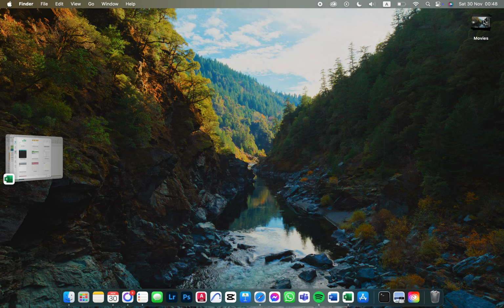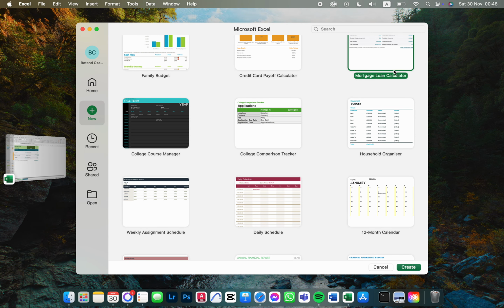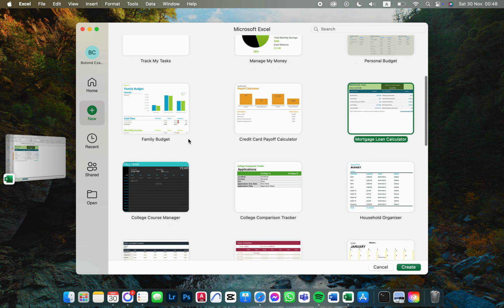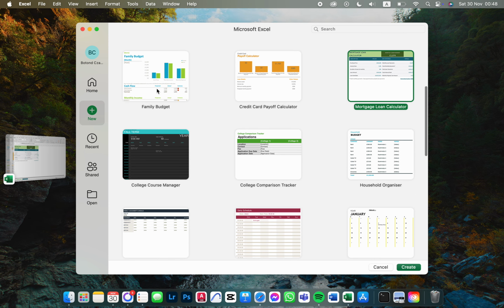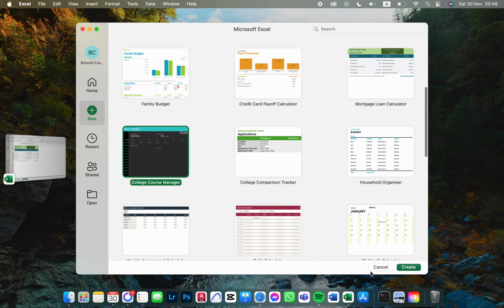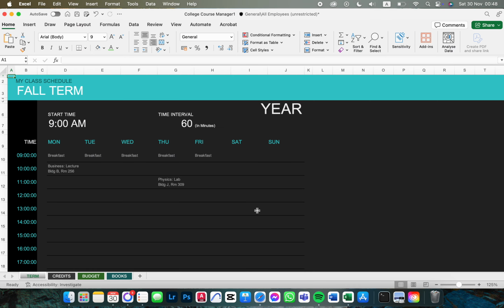Show you how to create a college course manager in the Excel app. First, we have to open up the app, and this is how it opens up. From here, we just click on the college course manager template. Then we click on create, and here